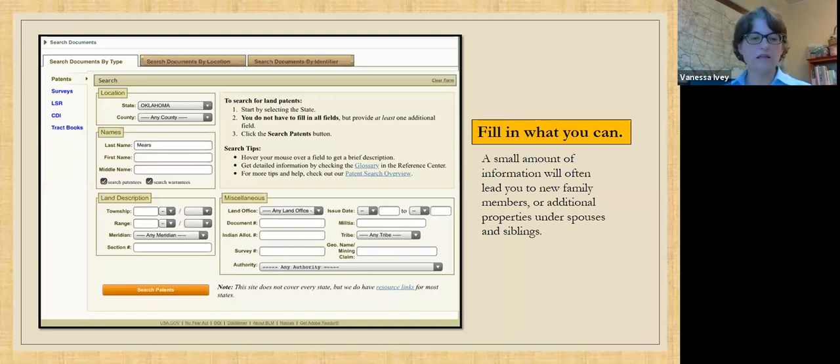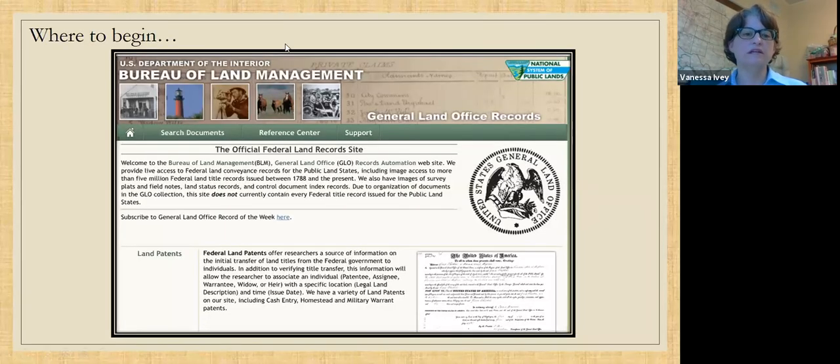So you click on search document by type. Let me go back for just a second. You'll notice there's three options. You have search documents, reference center, and support. So we're going to go into search documents in a minute, but the reference center is